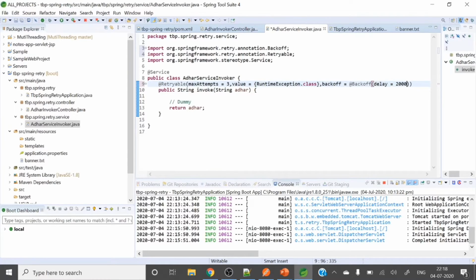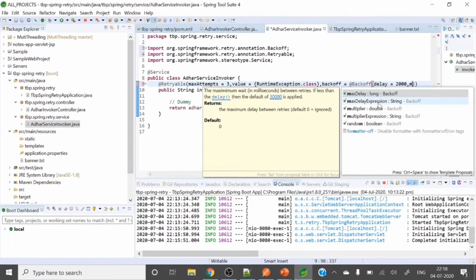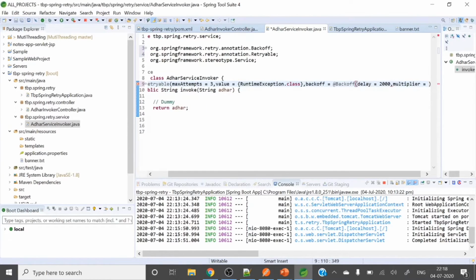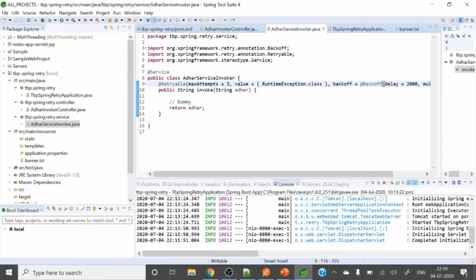So 2 seconds we want as delay. If you want, this will be exponential, I mean multiple times. Suppose first time 2 seconds, next time 4 seconds, then next time 8 seconds. Then you can put here one multiplier equal to, suppose, 2, I mean every time it will be multiplied by 2. If you provide maxDelay, that also you can provide, but up to this is fine, right?